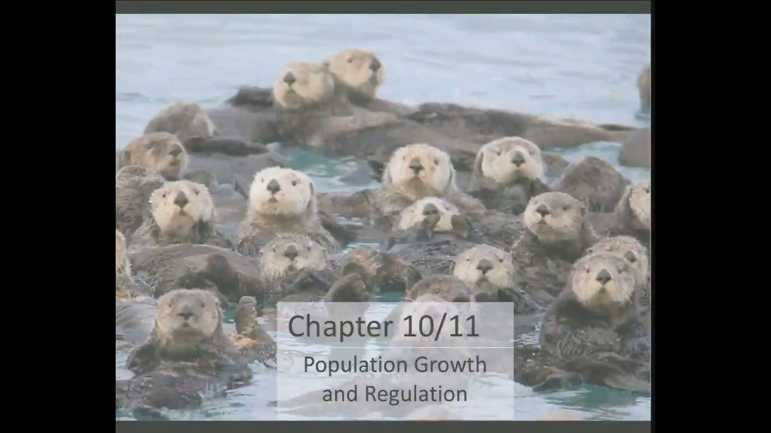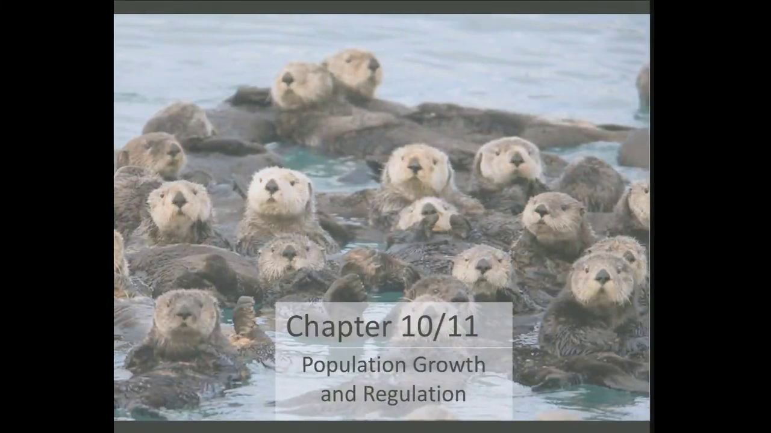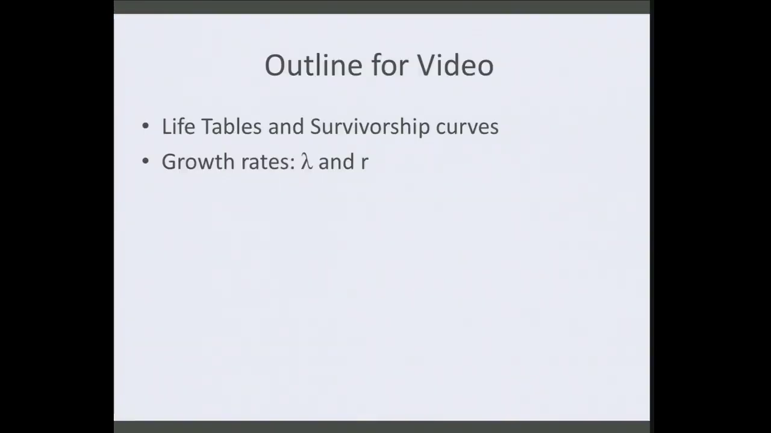All right, in this recording, we will be looking at population growth and regulation. We'll be looking at different ways of studying whether or not populations are growing or shrinking. So what we'll first talk about is something called a life table and things that are developed from life tables like survivorship curves. And then we'll end by talking about two different measures of growth, one called lambda and one